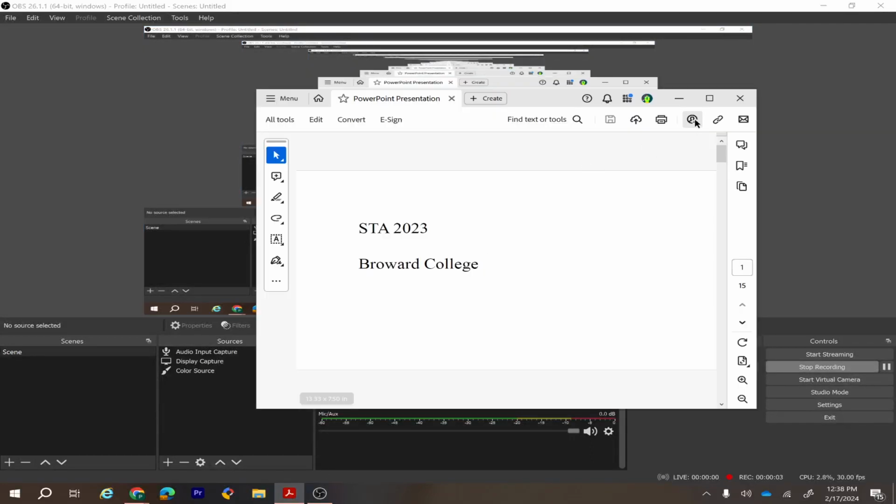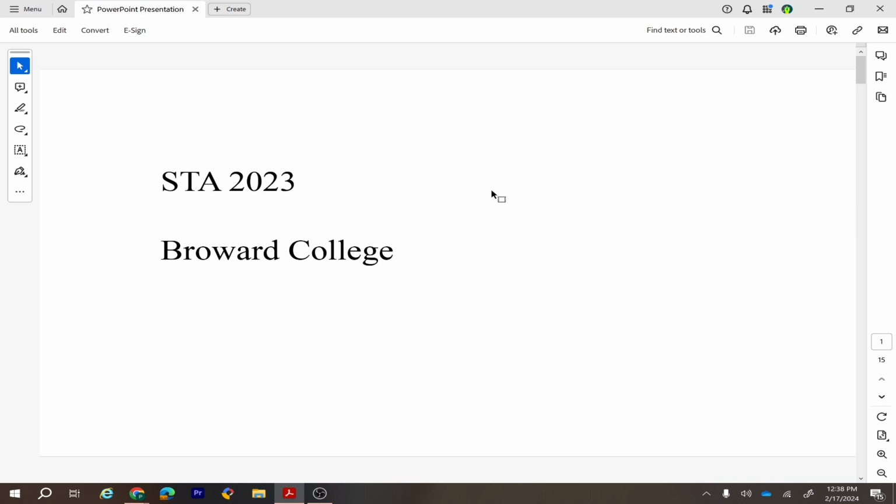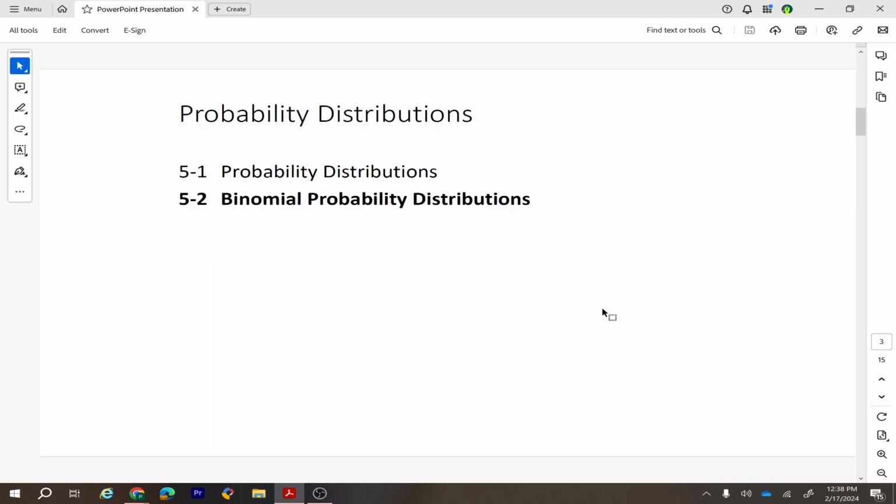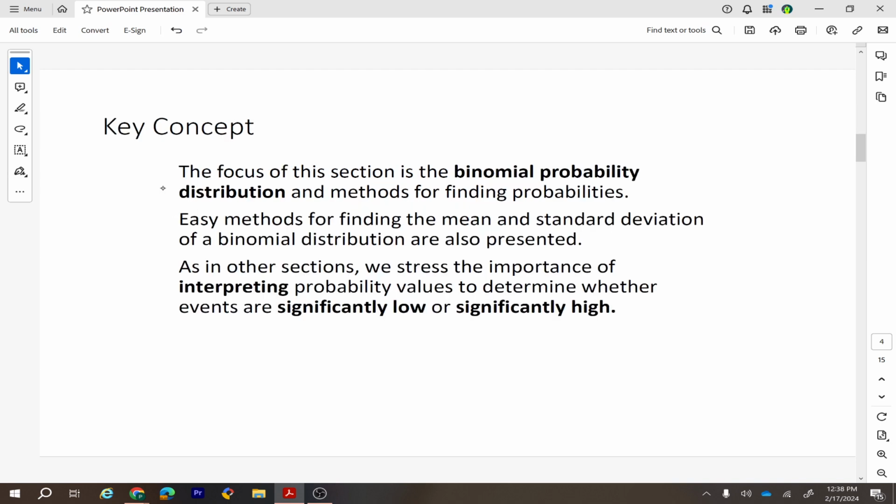Okay, section 5.2, probability distribution. That's chapter 5, and today we're going to talk about binomial probability, the binomial probability distribution. It's a probability distribution where you have two choices. Binomial means two choices. Eventually the goal is interpreting the final result and finding out which one